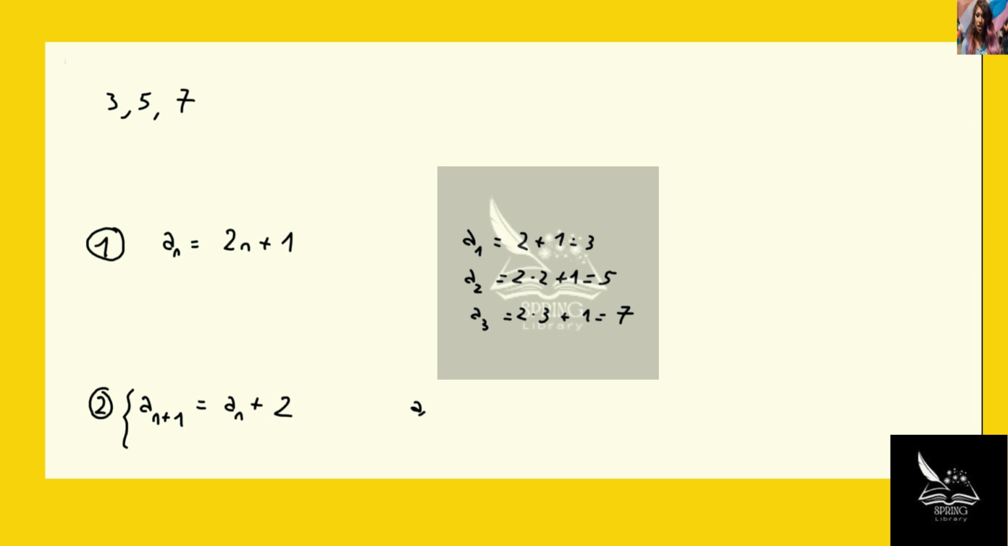And of course, we need to begin with something. So let's put a1 equal to 3. So a1 is 3 by definition. a2 is the previous one, so a1 plus 2, which is 3 plus 2. In fact, it's 5. And then a3 is the second entry, a2 plus 2, which is 5 plus 2, which